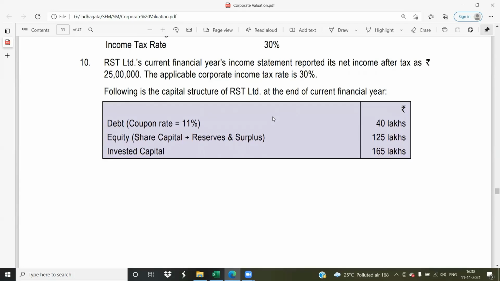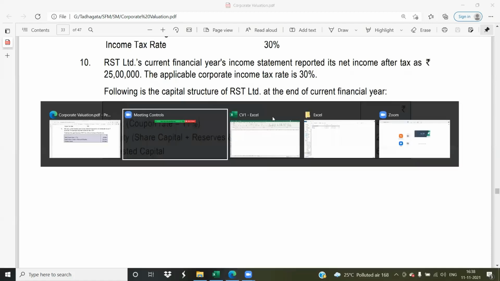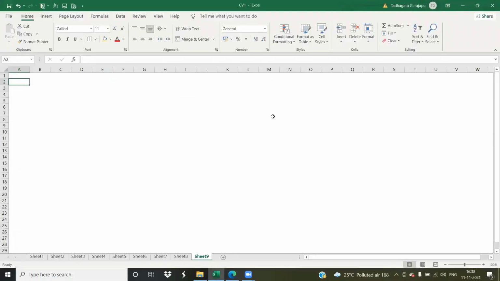So how do you find out EBIT? You have net income after tax. So you will add back tax so that you get EBT. So you add back interest. So you get EBIT, right? So this is how you are going to solve the problem. Okay. So first,